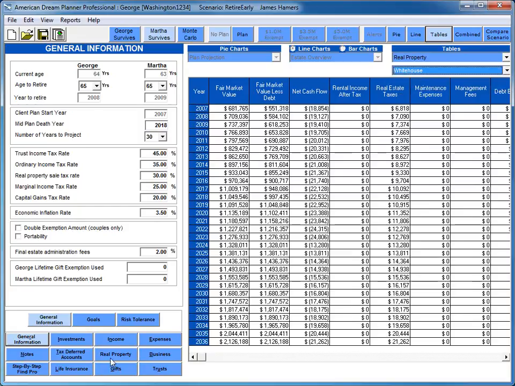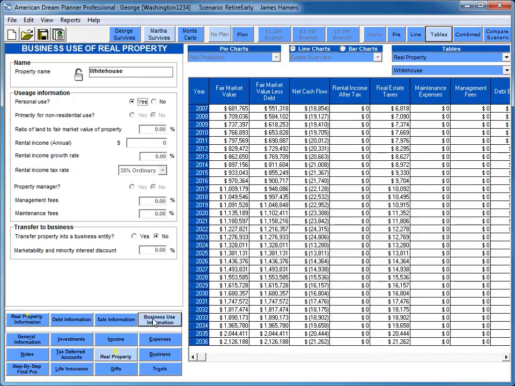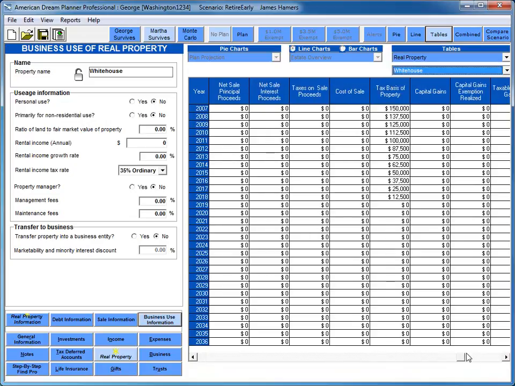On the inputs, click for real property, click to edit the White House, and then business use. If the property is not for personal use, from which there is no depreciation, but for business use, click the radio button that says no, and on the output display, let's scroll to the